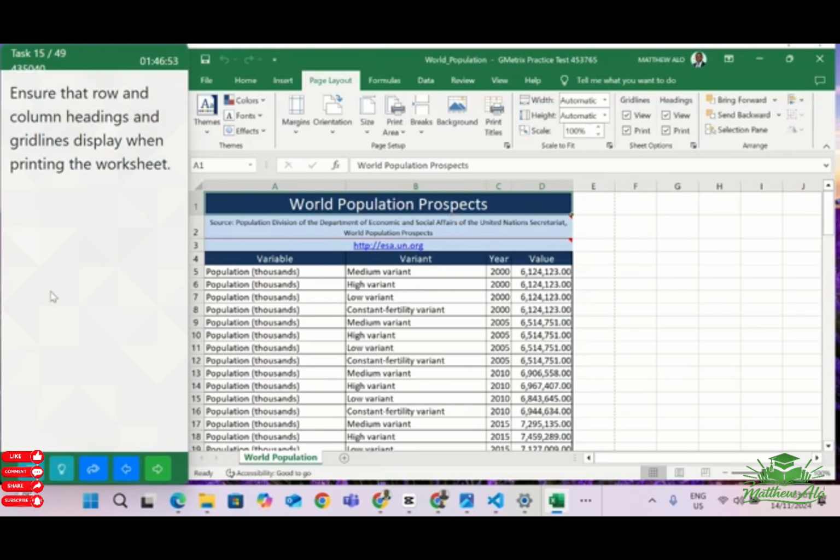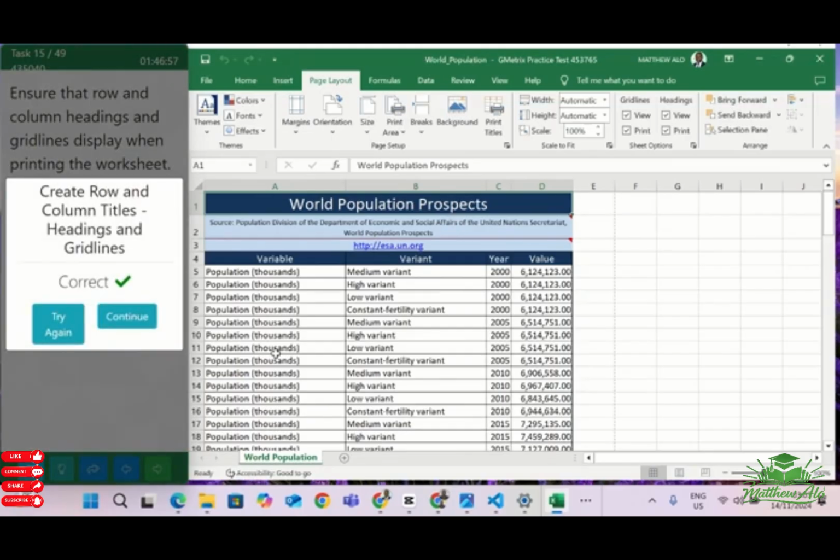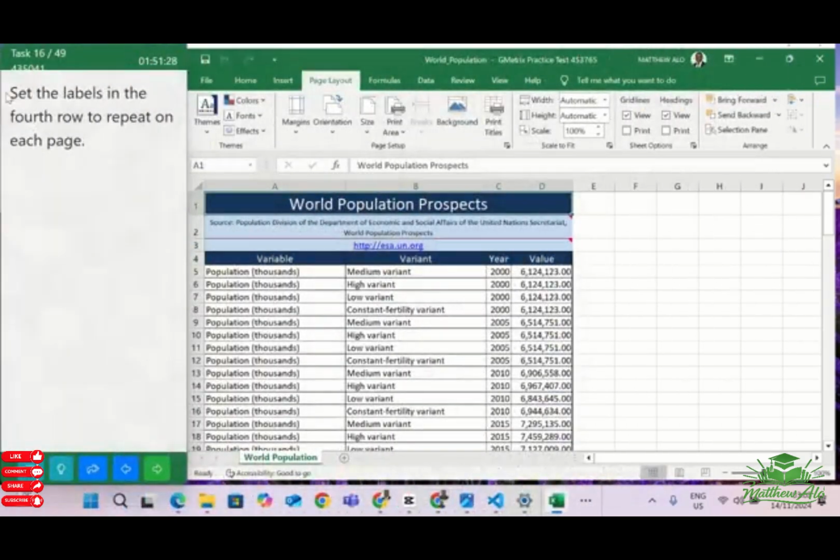Okay, that is done. Task 16. Set the labels in the fourth row to repeat on each page. To do this, just go to the Page Layout tab, then in the Page Setup group, you select the